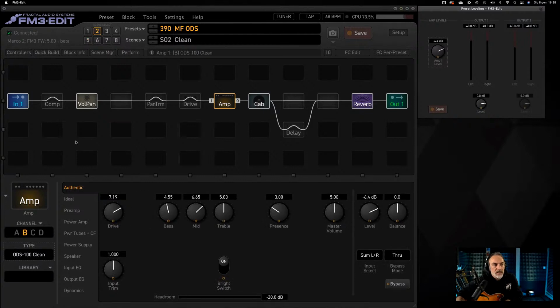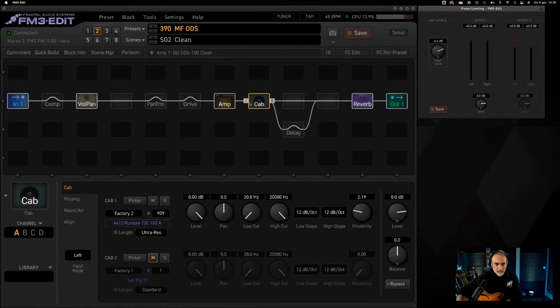For example, the clean scene uses the ODS Clean, and the core is the amp and the cabinet. For the cabinet, I use the Rumble cabinet. Why do I use the Rumble? Because